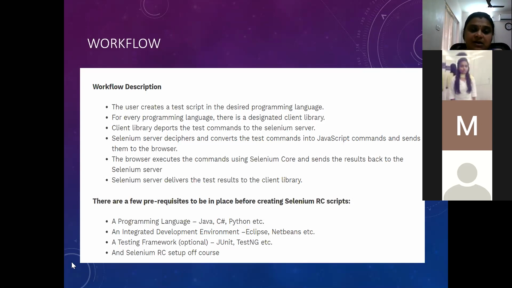So what are all the things that you would need? Remember, you can just try this out. I'll show it now. Any programming language can be used, but we will take Selenium with Java. I have only installed Selenium with Java and used that. It can support any language, whatever you want to use, Python, anything. Then you need an IDE for your programming language.